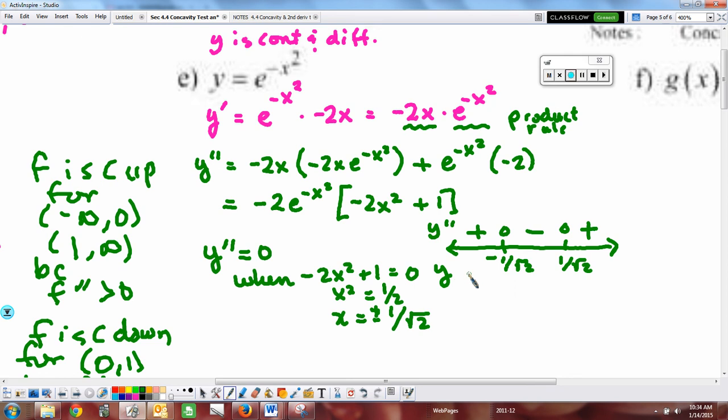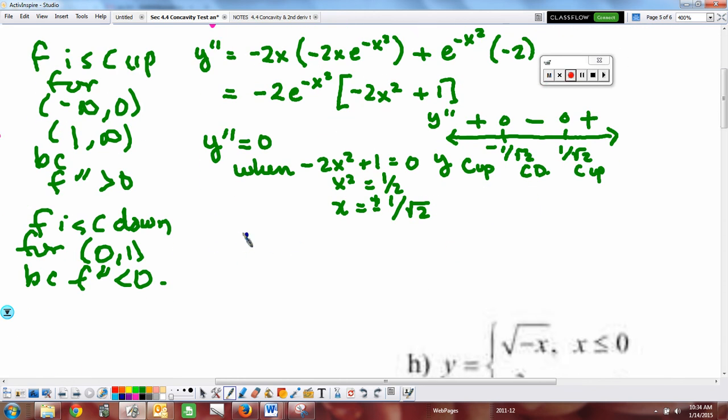So we can conclude that the original function y is concave up, concave down, and then concave up. And since it was continuous and differentiable, then we know that y has a point at negative 1 over square root of 2 and 1 over square root of 2, and y has a tangent line at negative 1 over square root of 2 and 1 over square root of 2. So we can answer our question